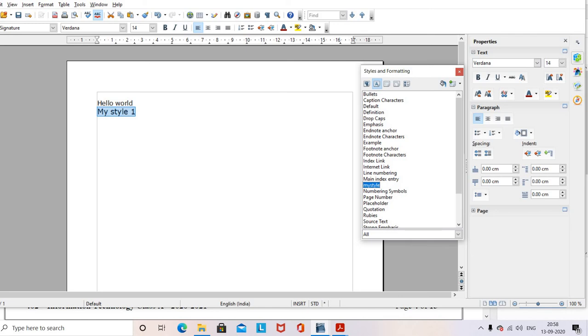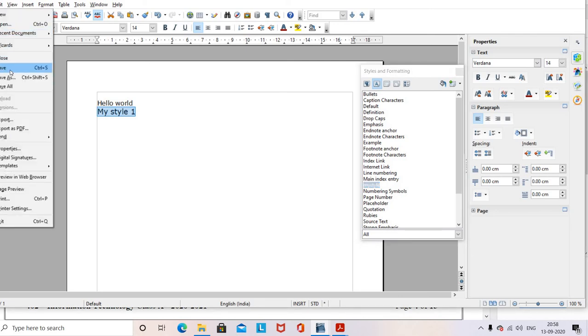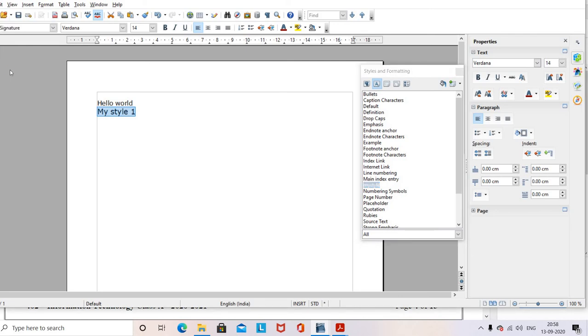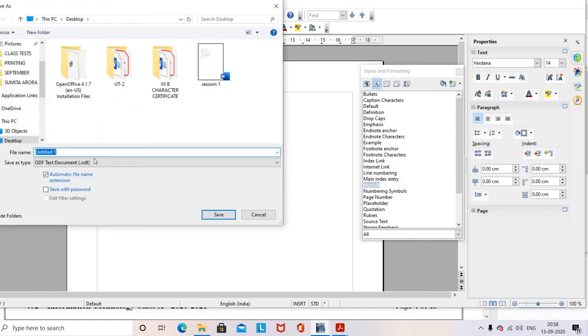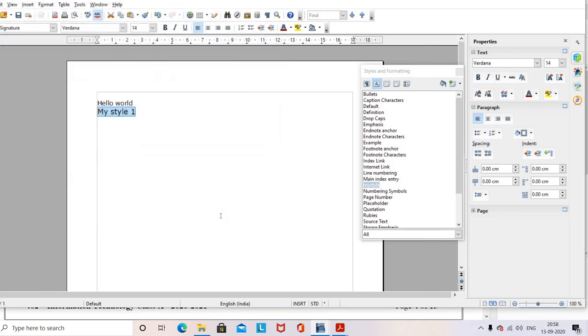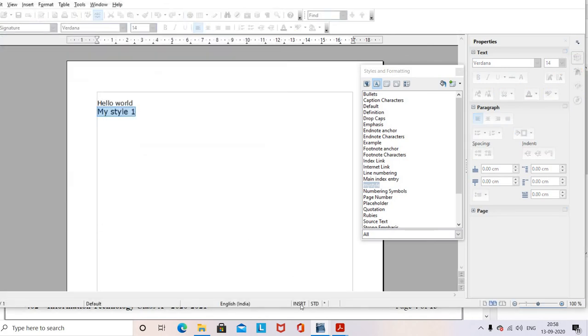First we will be saving that document. I'm saving that document first with a name. Remember, whenever we are saving the document, the extension is .odt. So I'm giving the name loading and saving it on the desktop. Save it. Okay.